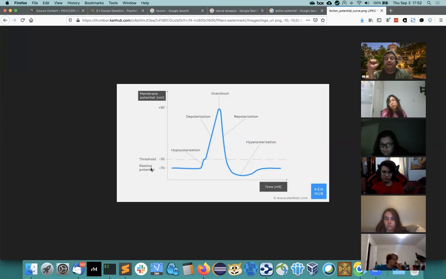You know how there's a negative and a positive on a battery? Well, each one of your neurons is exactly like that. The inside of your neuron is negative because there's a lot of negative ions in there, like chloride ions. And the outside of the neuron is positive, meaning that there's a lot of positive ions out there, like sodium ions and potassium ions. Now, that difference in where the negative is on the inside and the positive is on the outside is